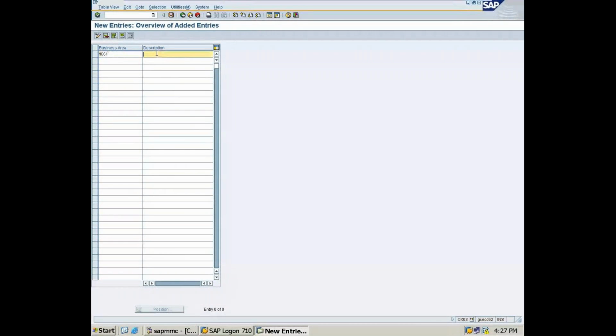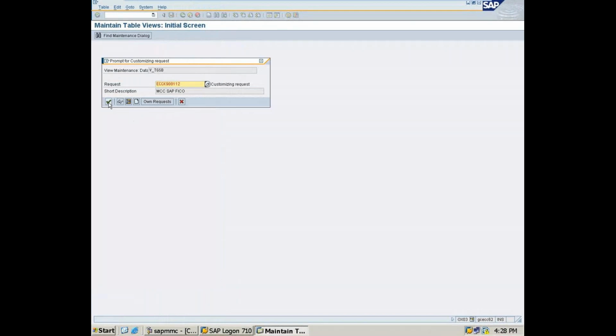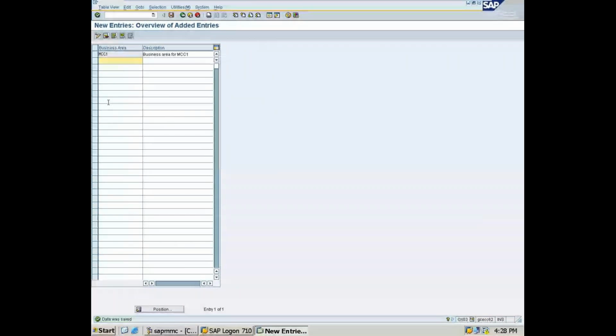Here only one business area I'll be using. So what I do is create the business area for MCC1. Then save. Here it has been created.